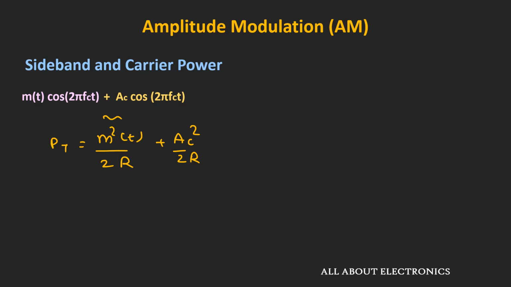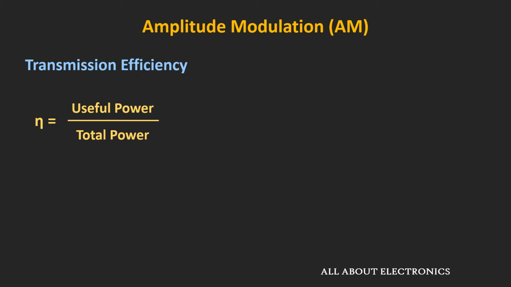So in this amplitude modulation, since the carrier signal consumes a lot of power, the overall transmission efficiency will be very low. And this transmission efficiency is the ratio of the useful power to the total transmitted power. So the useful power is the power in the sideband, because the sideband carries the information. So we can say that this transmission efficiency is equal to the power in the sideband divided by sideband power